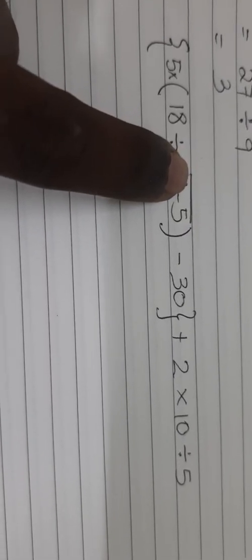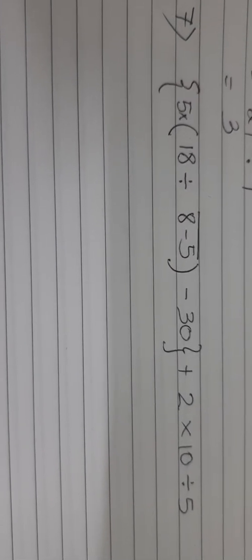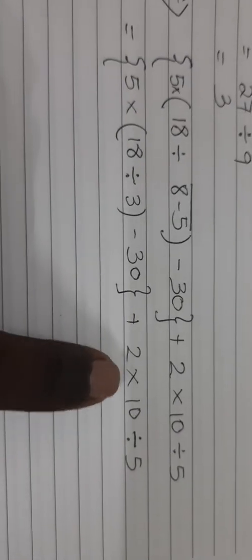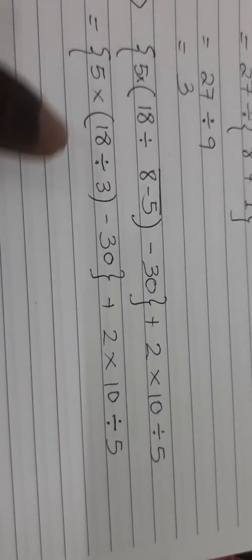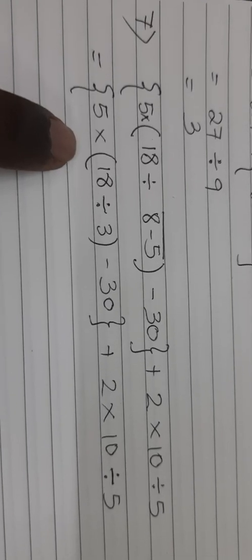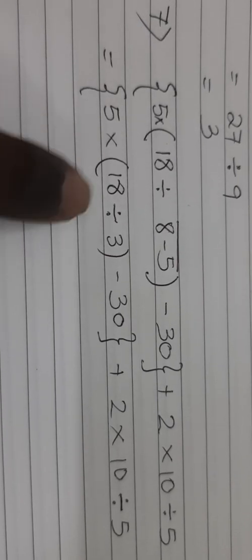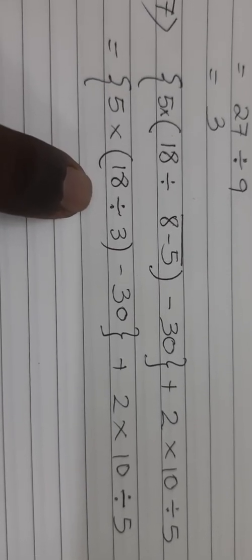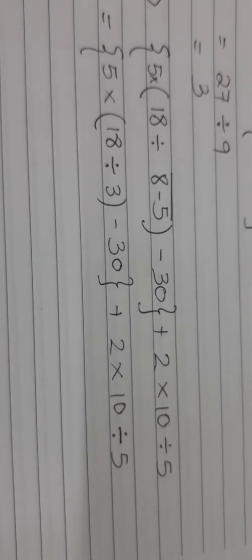This is called the bar. And the significance of the bar is that it is above everything else. So first we have to solve whatever is below the bar. And also notice that whatever numbers and operations are outside the brackets, I haven't touched them, they are written as it is. We will not do them unless and until we solve the brackets first, because in the BODMAS rule, we have the B first, B for brackets. All kinds of brackets will be solved first, and then after getting a single value from the bracket, only then will we solve with the rest of the numbers and the operations.